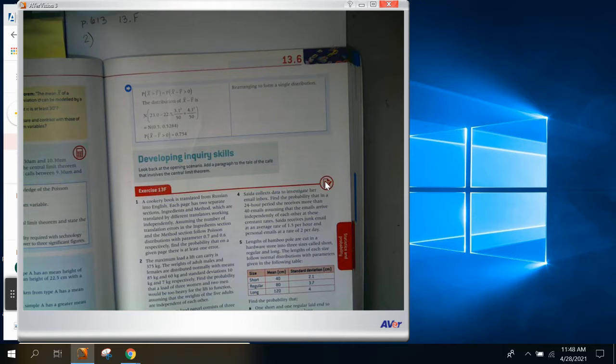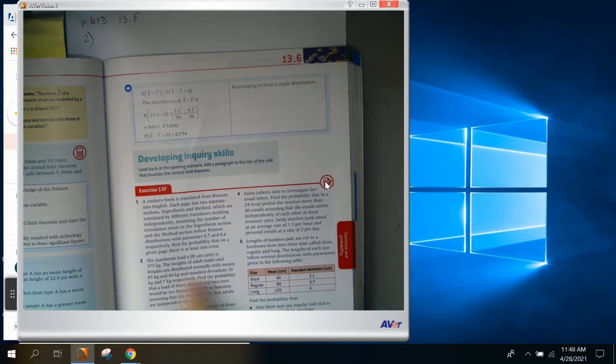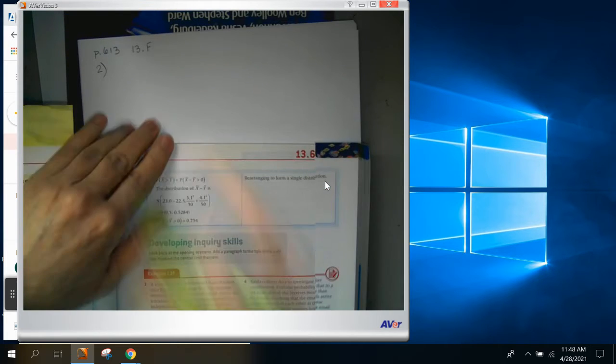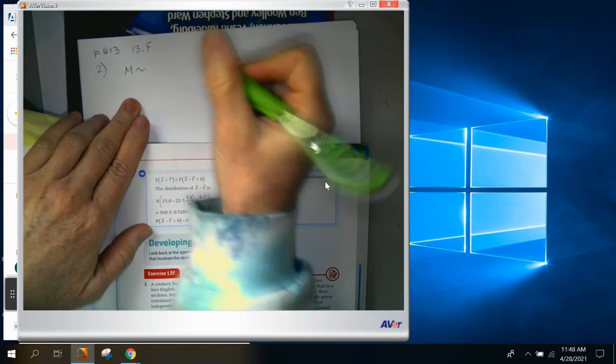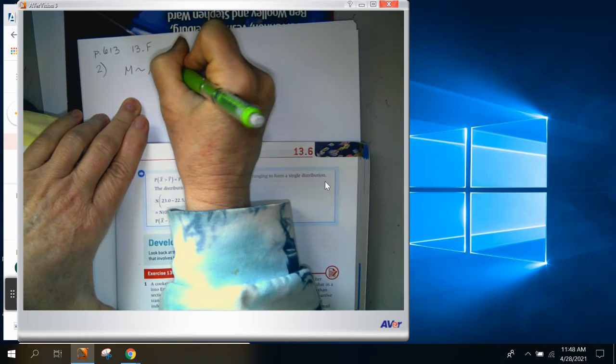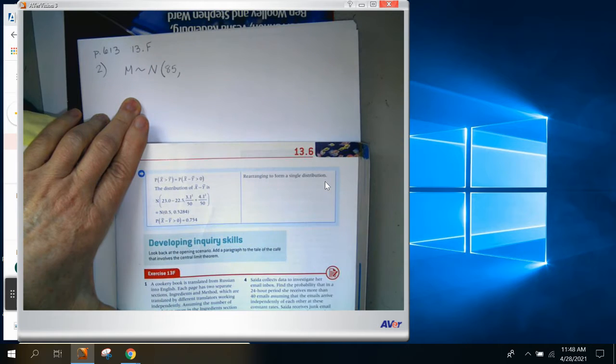The maximum load a lift can carry, that means an elevator, a lift is an elevator, is 375 kilograms. The weights of adult males and females are distributed normally with means of 85 kilograms and 60 kilograms and standard deviations of 10 kilograms and 7 kilograms respectively. So I'm going to go ahead and write that down. I'm going to have males and I'm going to have females. So I'm going to have males that are normally distributed with a mean of 85 kilograms and a standard deviation